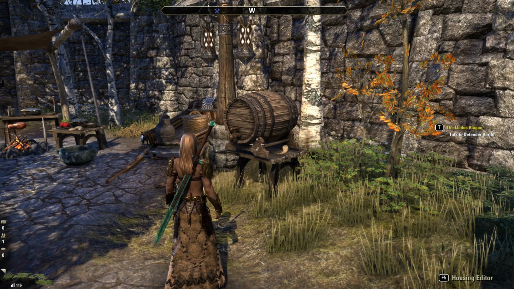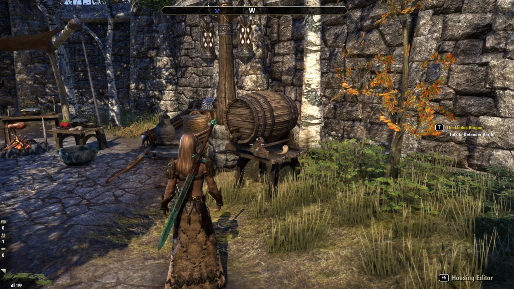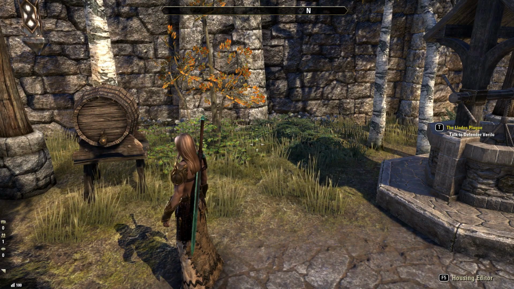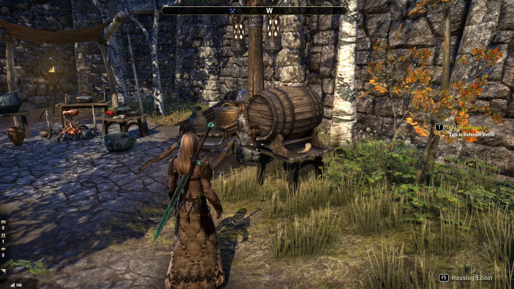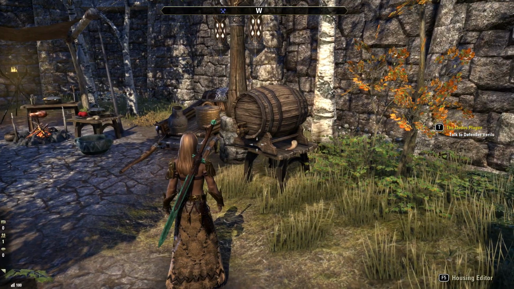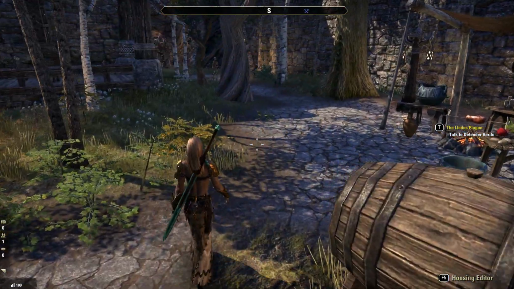This is simply a keg. There's a recipe for it, it's not very expensive. I don't like the fact that they've made a caricature of Scandinavian people for this, in that if you go to Windhelm, they're always drunk all the time. But we'll just leave it to your imagination how often your characters drink. And of course, the drinking horn, you can see here next to the keg, is another readily obtainable item through